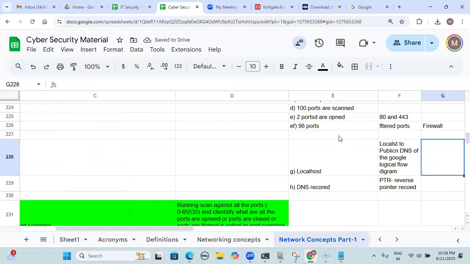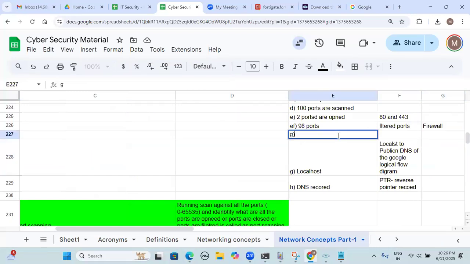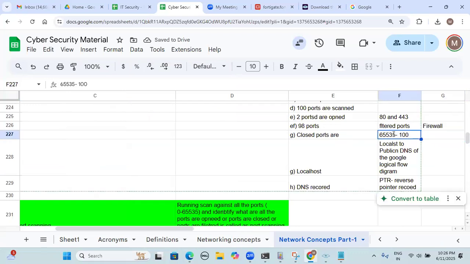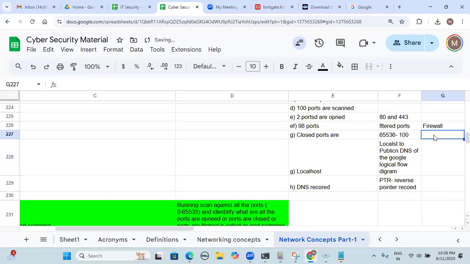So another analysis here. Whatever closed ports are. Now how many ports do we have? 65,535 minus, how many ports are okay? Scanned it 100. Now how much will this one come as? So 6 here. Closed ports are